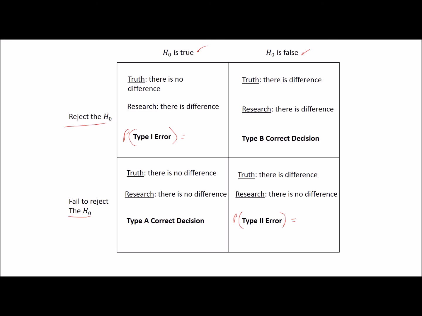So what are the probabilities? How likely are you to have one of these two errors, which you don't want? Well, the probability of a type 1 error is the same as your alpha. So whatever you set your alpha for, that's also the probability of a type 1 error. And if we're following the logic along, and if you're still with me at this point, you probably already know that the probability of a type 2 error is actually your beta. So keeping that in mind, probability of a type 1 error, which is not good, is actually alpha. The probability of a type 2 error is beta.